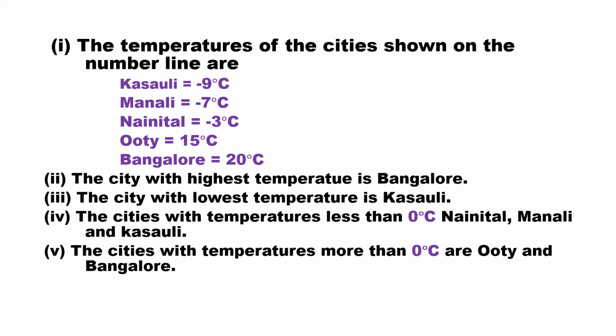So you should be perfect with what integers are. Then you can easily write what the lowest numbers, smallest numbers and greatest numbers are. Always remember the lowest ones are on the left side and the greatest on the right side. Always the positive numbers are greater than the negative numbers. When you compare both positive and negative, always the positive numbers are greater than the negative numbers.